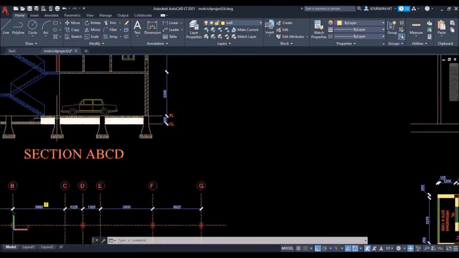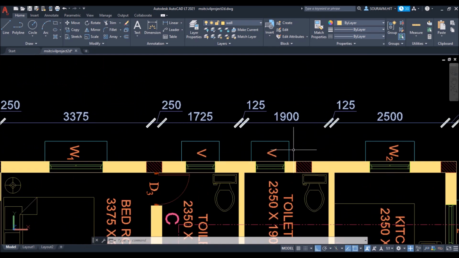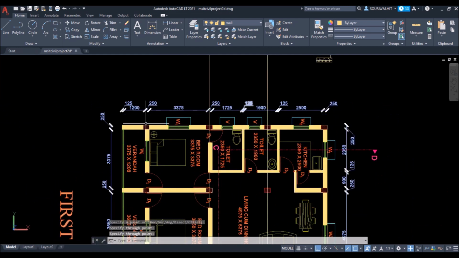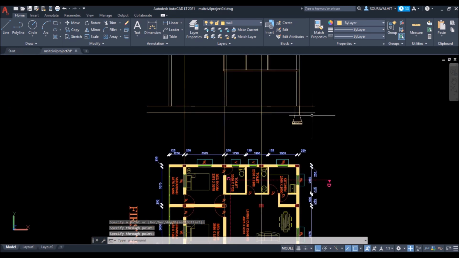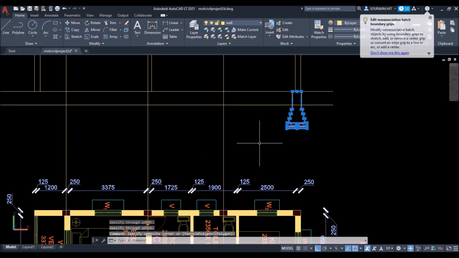Now I'll just copy and place it to other positions. So I'll just project the lines through the center of the columns using construction line. Do it as shown. Then just select it and copy it as shown.